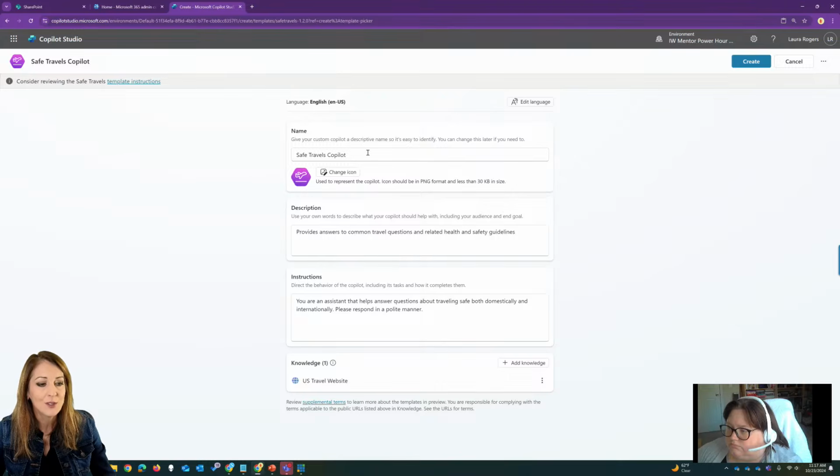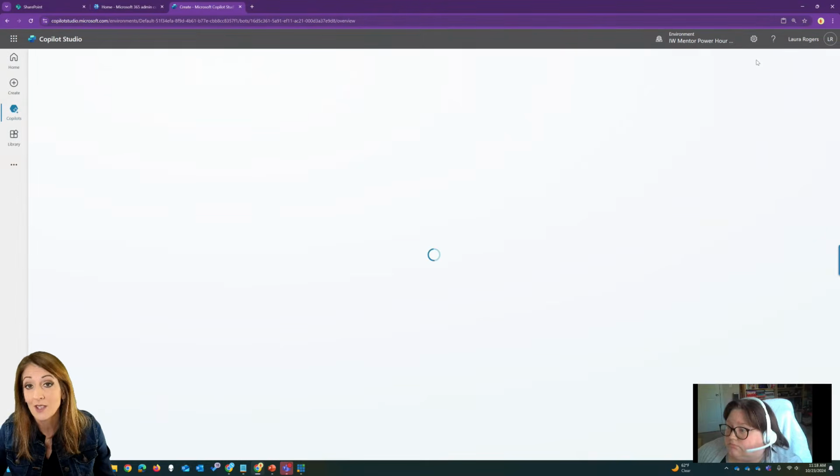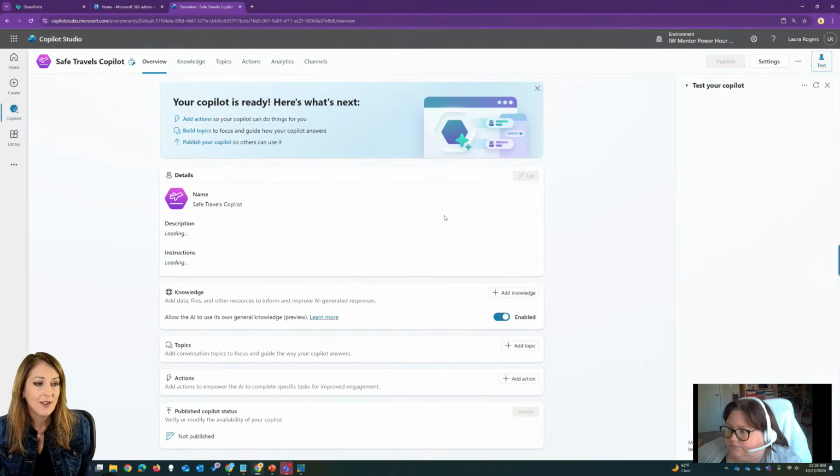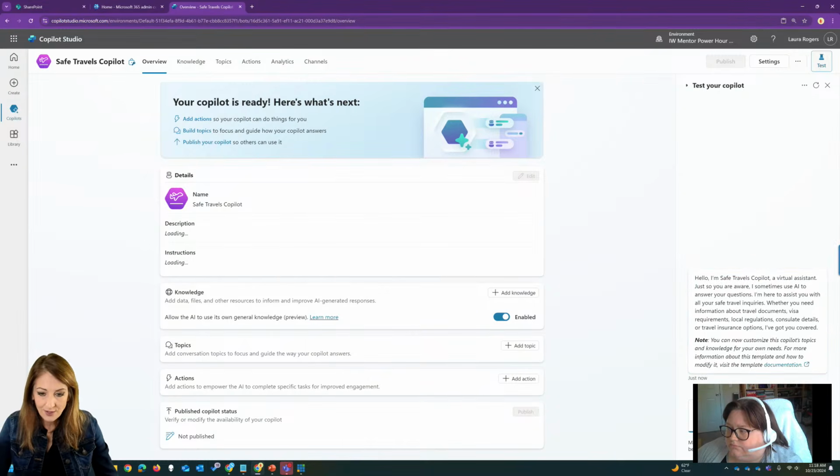All right, Safe Travels Copilot. It's already got the name and the description, instructions, and it's already got the US travel website that it is going to base it on. So I just click create. So it's got everything in there already. And now I have a travel Copilot. So I'd like to travel to